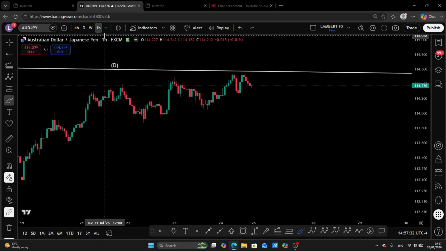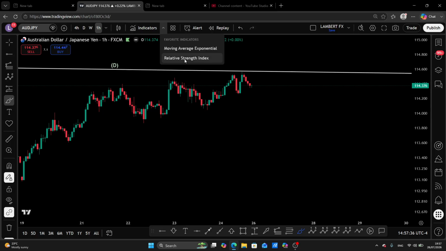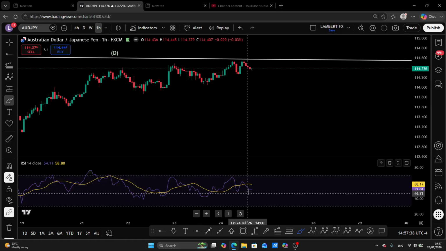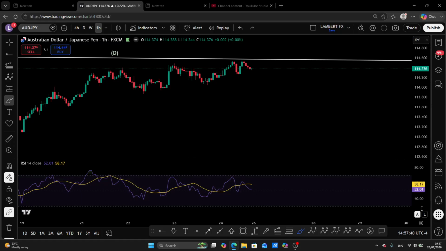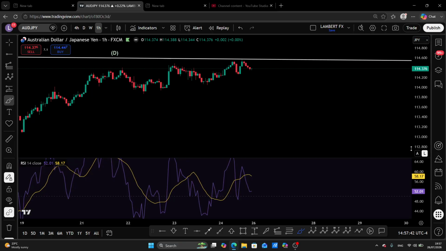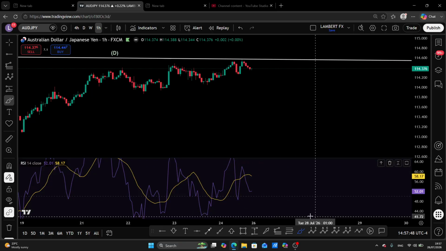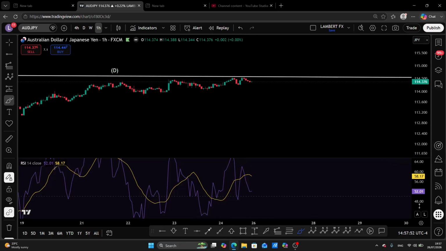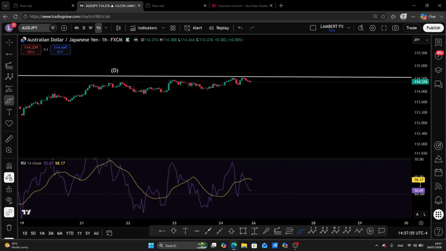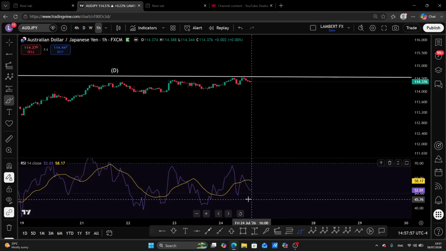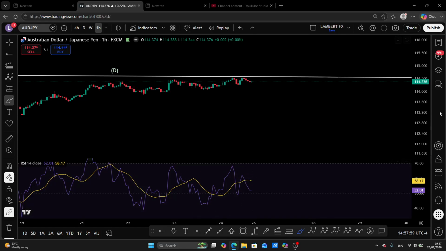So if I go to the relative strength index here, this low here, let me zoom that for you. So if you take a look here, you will see that